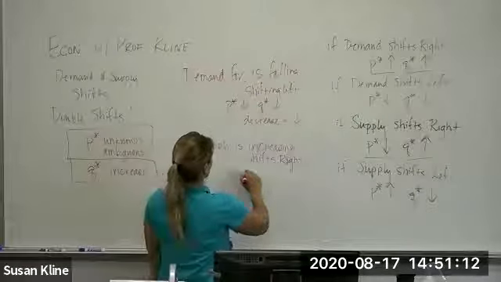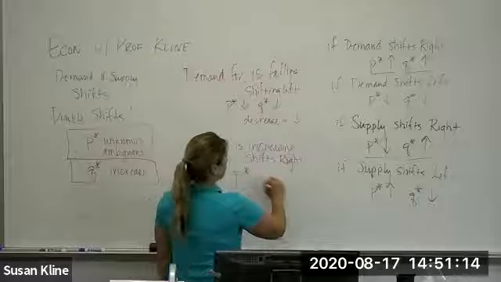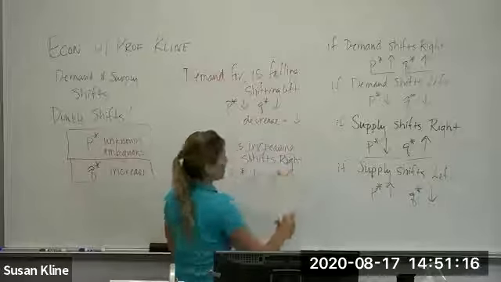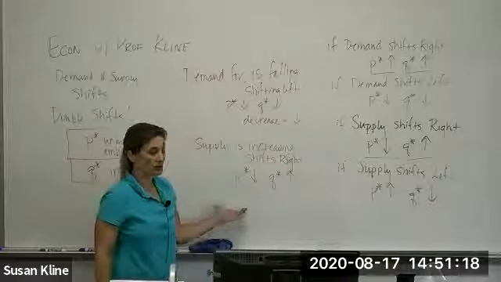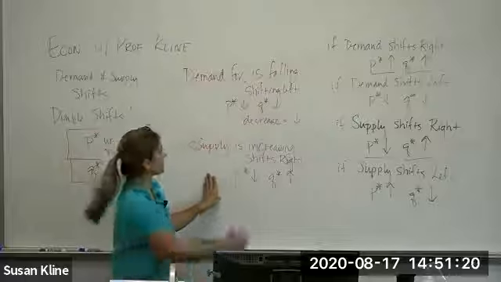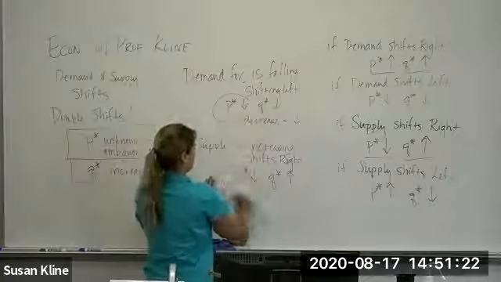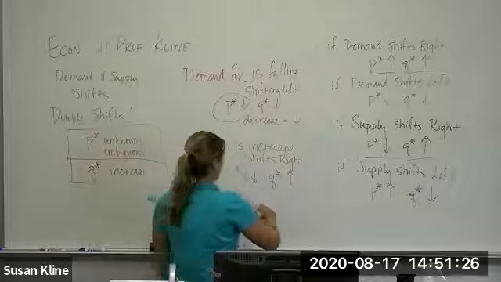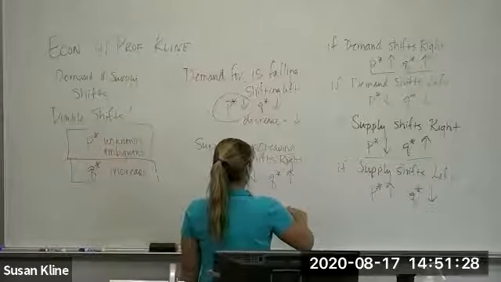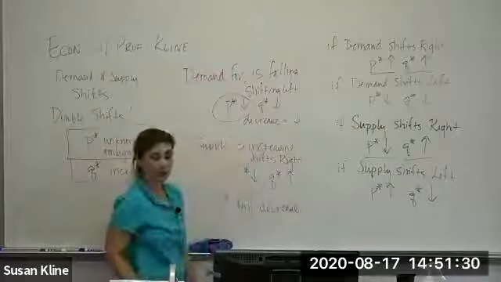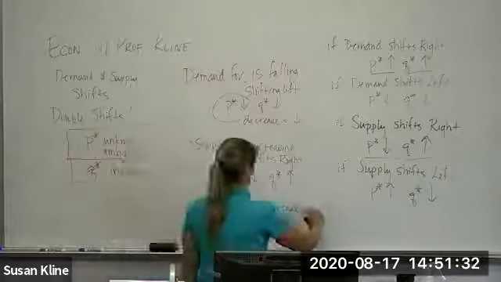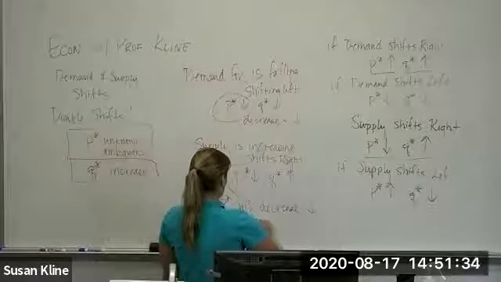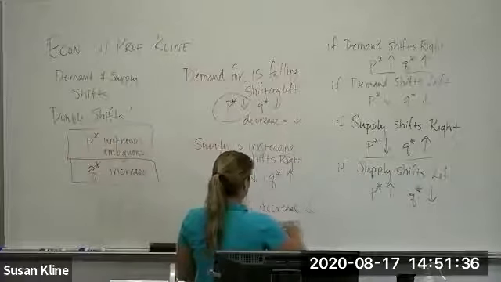That is going to tell me that price is going to fall and quantity is going to rise. So what can I say if both of these are occurring at the same time? The outcome: price will decrease, because they're both saying that price will decrease. Quantity will be unknown